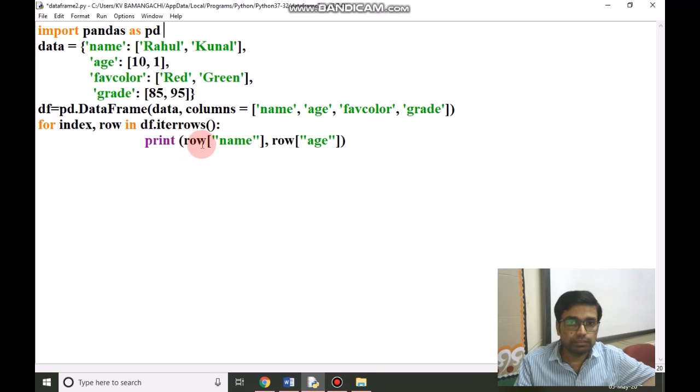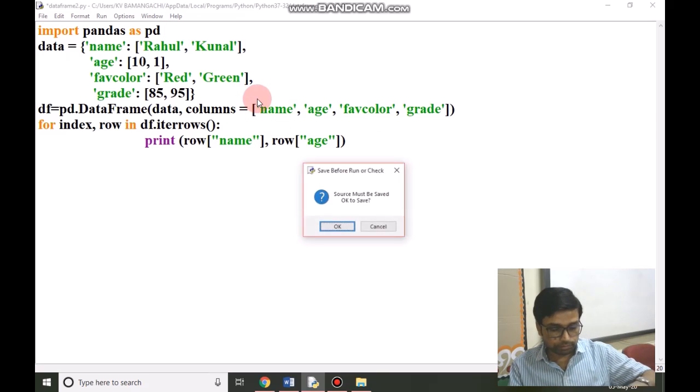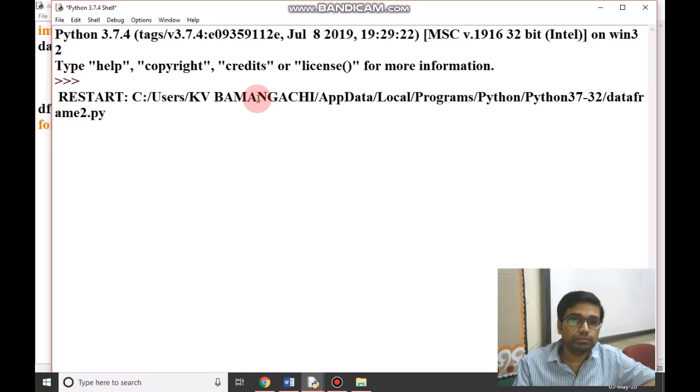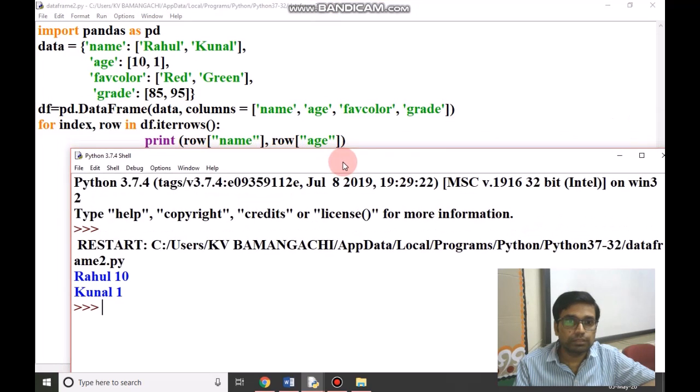Print row name, row age. If we run this program, we will find Rahul 10, Kunal 1, which is the data. We have printed only name and age, iterating over rows.